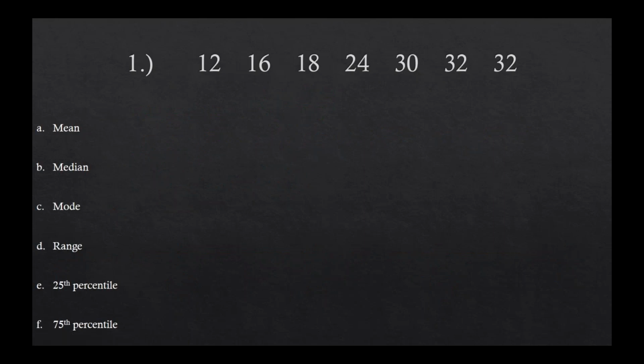Okay, so let's get to an actual example where we can see all of this in practice. I would like you to try A through D, the mean, median, mode, and range. Find those four and then stop, because we are going to talk about the 25th and the 75th percentile together. Try to knock out A through D, bringing back everything from your past mathematical life. If you get stuck, that's okay. Tell me where you got stuck, A, B, C, or D. Otherwise, I'm going to give you a minute or two.